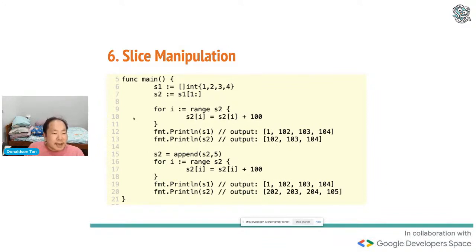So as you can see, in between line 9 and line 13, when we update S2, we update S1. So now there's this funny behavior, right? When we want to grow the size of S2, so we want to add another one, suddenly we realize this breaks the underlying reference. Now when we update S2, it no longer updates S1.